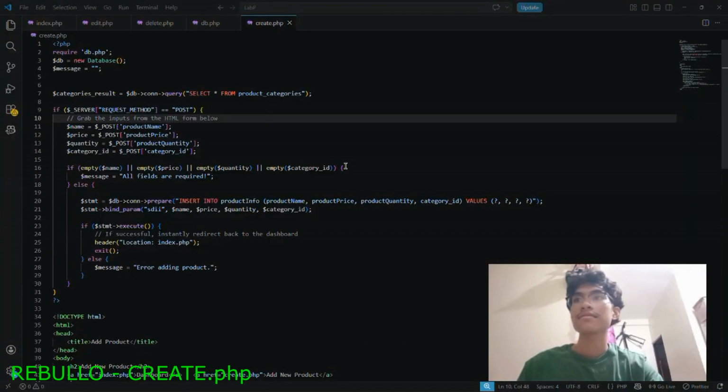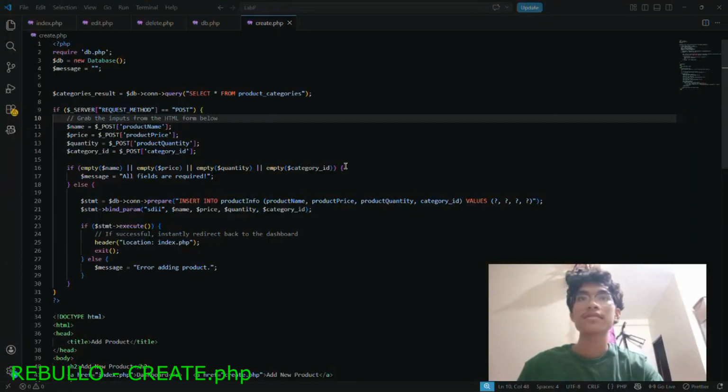What this does is that it returns a message that all fields are required if any of them are empty. And after that is the stmt equals dbcon prepare, then SQL INSERT INTO product info.